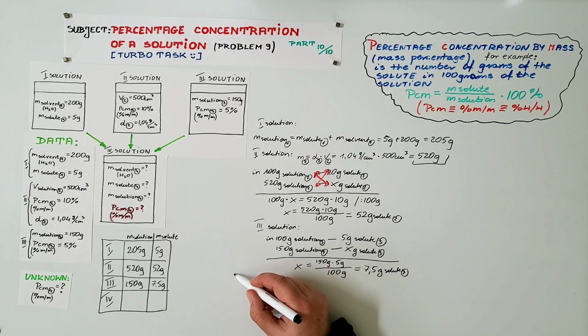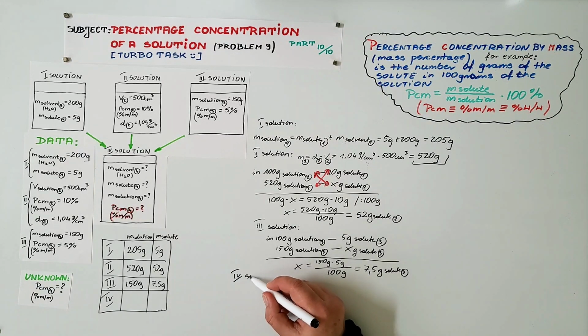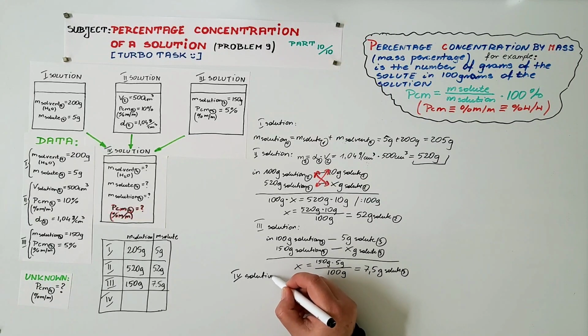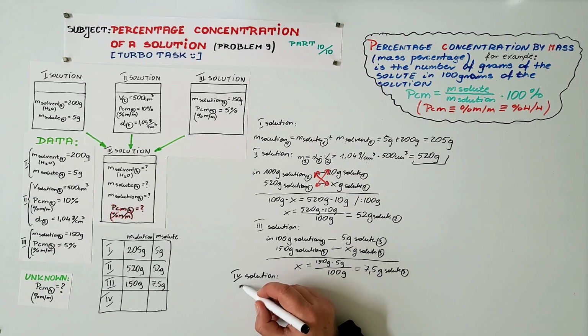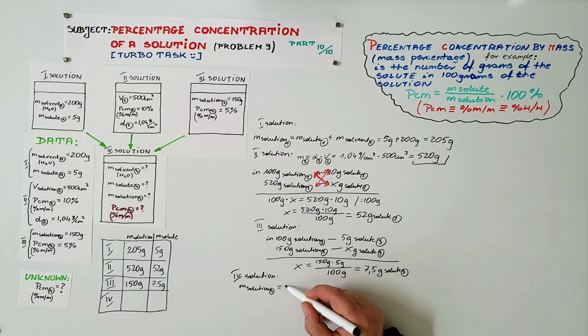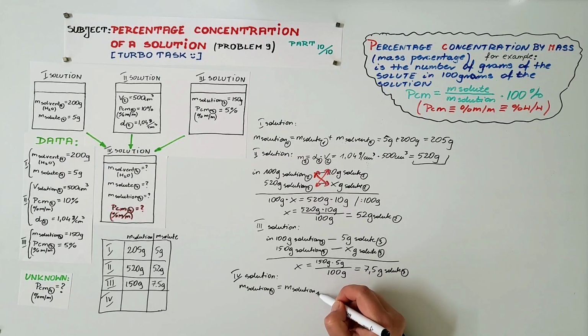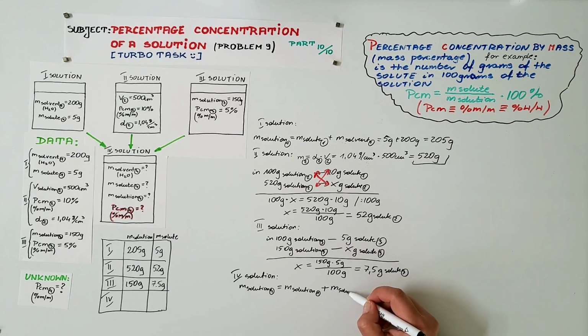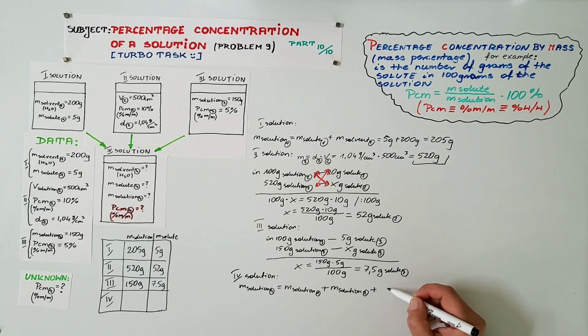So, fourth solution, solution number 4, mass of solution 4 equals mass of solution 1 plus mass of solution 2 plus mass of solution 3